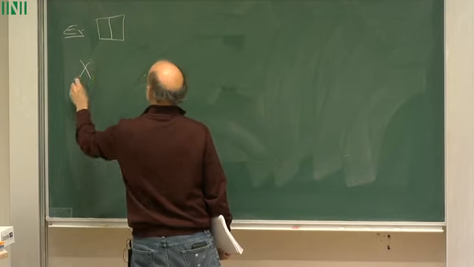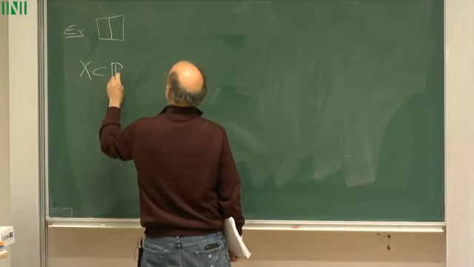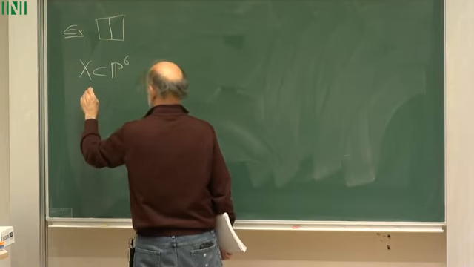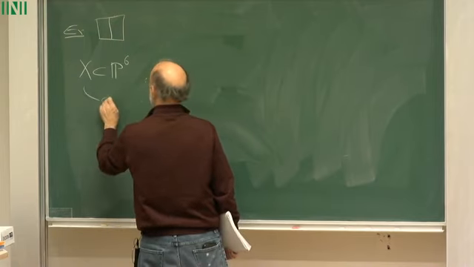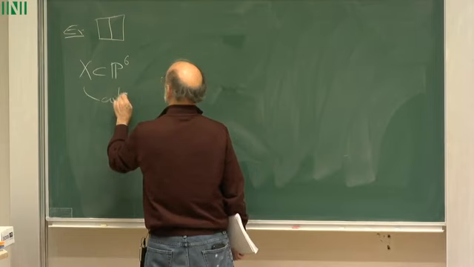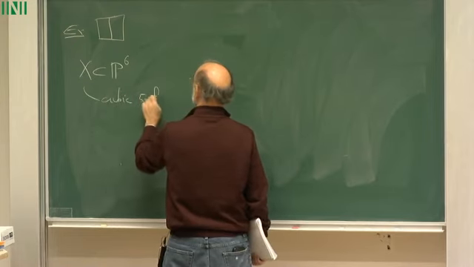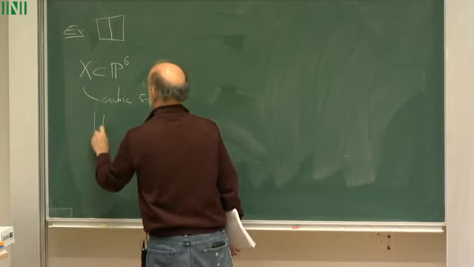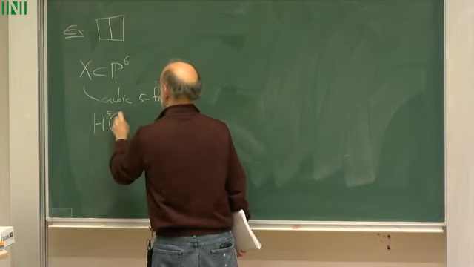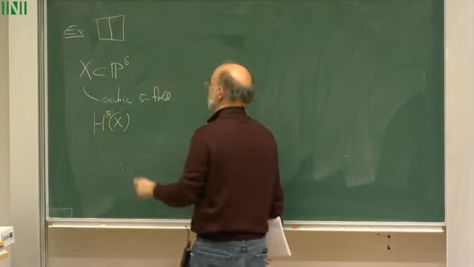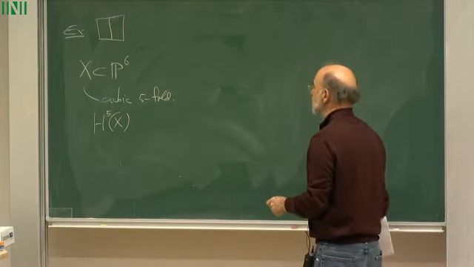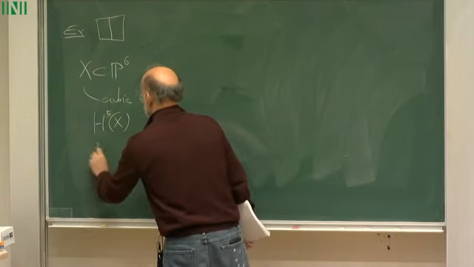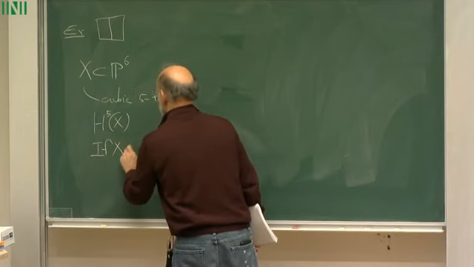So X is a hypersurface in P6. So it's a cubic fivefold. And we are interested in h5 of X, or more precisely in h5 of a desingularization of X. If X were smooth,